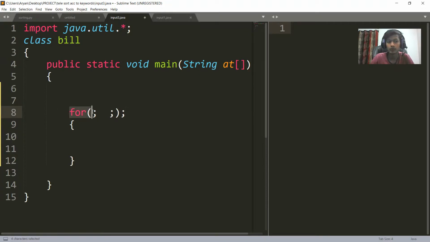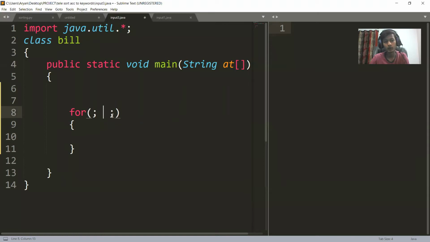Therefore, the for loop body will not execute even one time, because as soon as it gets the semicolon, it means that the statement has ended. After a for loop, or an if, or a while, which you will study, if you put the semicolon, it tells you that the statement has ended. So this was an example of an infinite for loop.